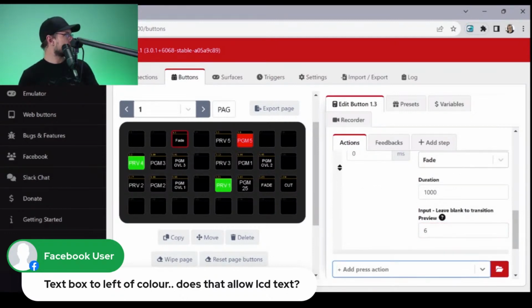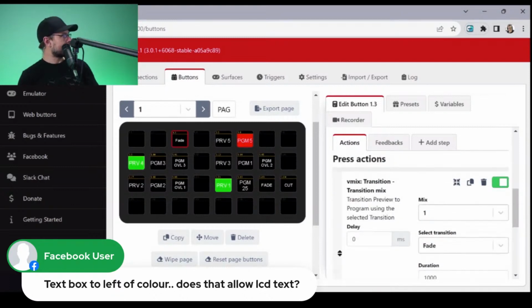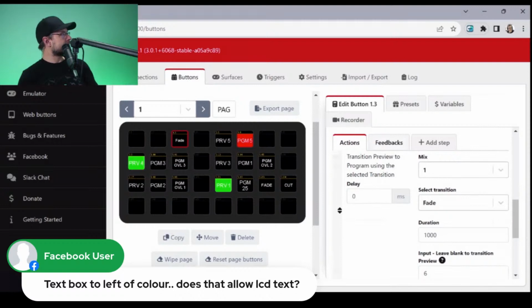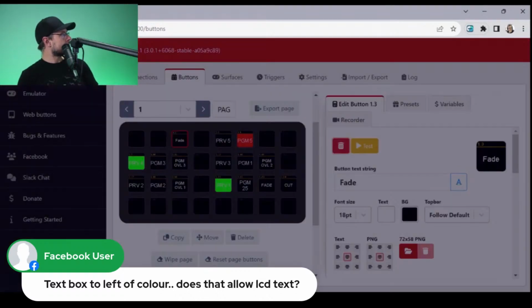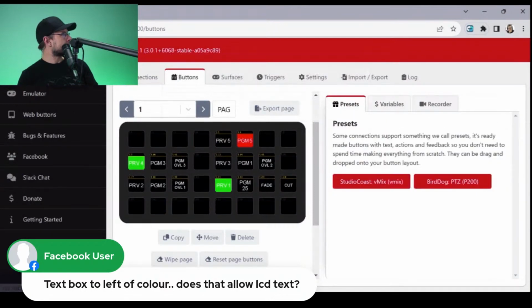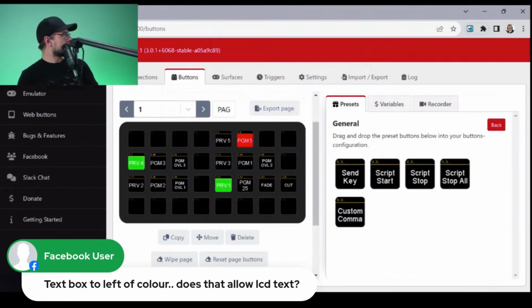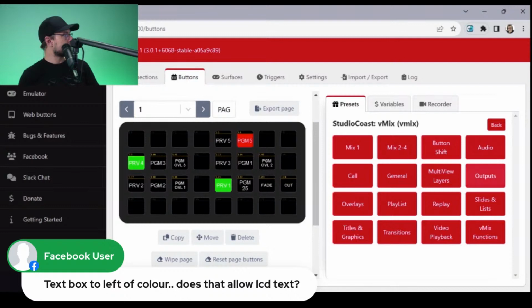Six? I don't know. I don't think that's right. Transition preview to program using, no, this is a transition action. That's not what I want. So let's delete that. Clear presets. General. Now, what I could do is set this up as a script and run the script.